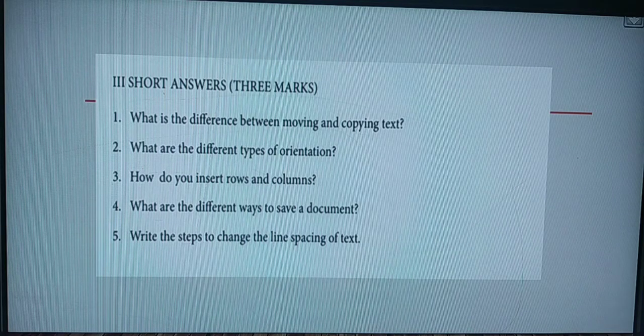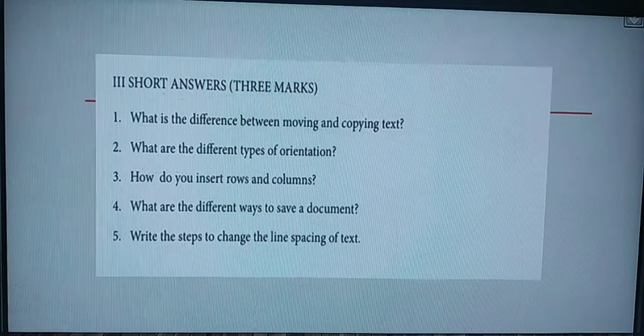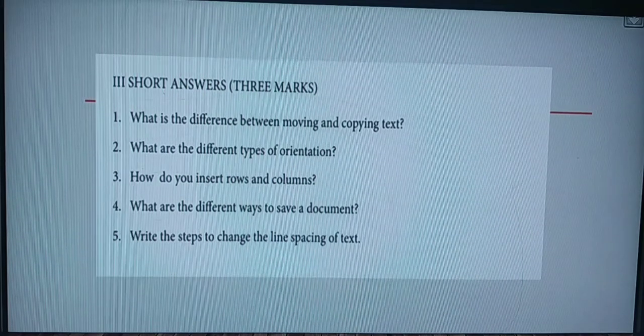You have the heading, saving the document. So it is your 3-mark question. You write 3 lines for the introduction. Then you have some steps. How many steps are there? 1, 2, 3, 4, 5, 6, 7 steps are there for you. You write the 7 steps. So along with the introduction, you have to write the 7 steps. So clear with the 4th one. In your book it is on page number 72.